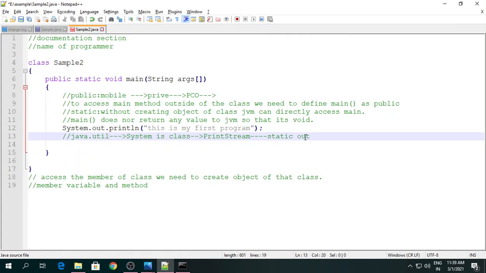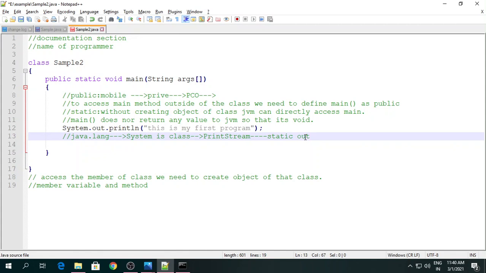I have written here java.util, but it is java.lang. So we have the package java.lang, and inside it you find one standard class, the System class, and inside it the PrintStream class, which works with one variable called the static out variable.